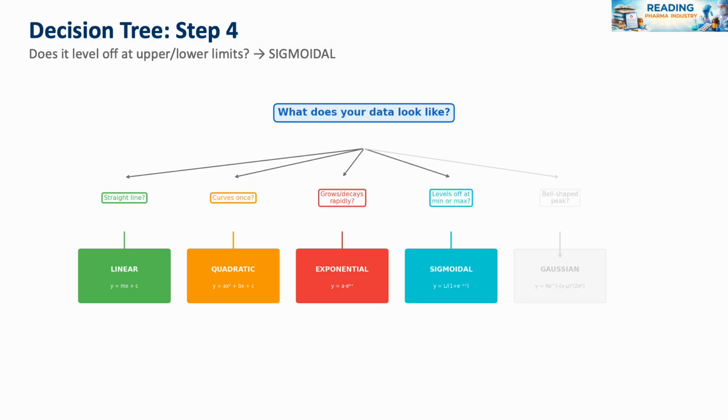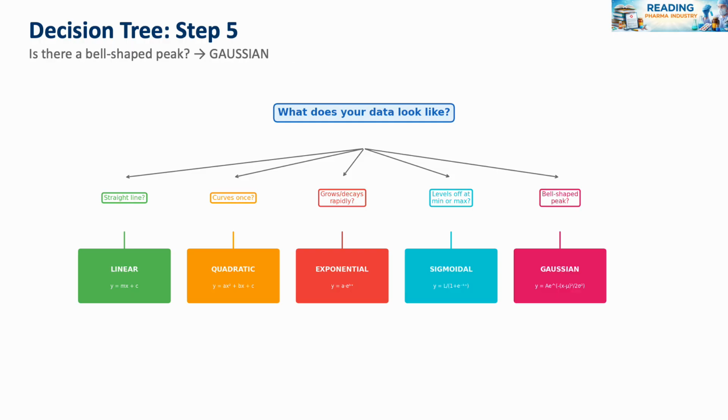Does your data level off? Does it approach a maximum or a minimum that it can't exceed? Then that looks like sigmoidal or logistic, so the growth is constrained by resources or limits. Is there a symmetry in your data, a bell-shaped peak? Does the data rise to a maximum then fall in a mirror image? If that's the case, then it's a Gaussian. Like we mentioned, that's often seen in chromatography peaks, in thermal analysis in melting endotherms, and in natural